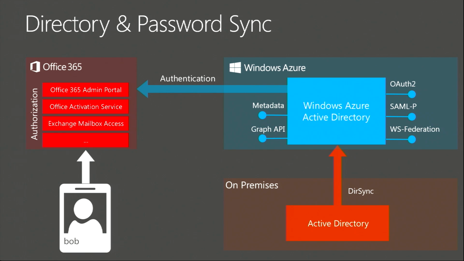when dsync and password sync are used, no passwords are actually ever pushed up into the cloud. Only a hash is pushed up to the cloud. Now, this actually syncs more frequently than the other attributes in Active Directory that are synced up with dsync. And the reason for that is, if your password changes, you want it to be synchronized as quickly as possible. So the actual trigger for that is the password change.